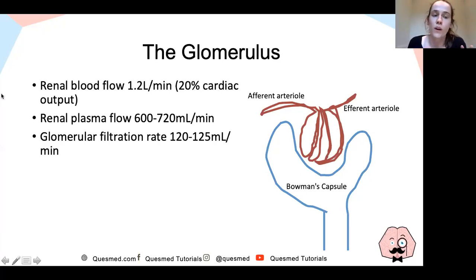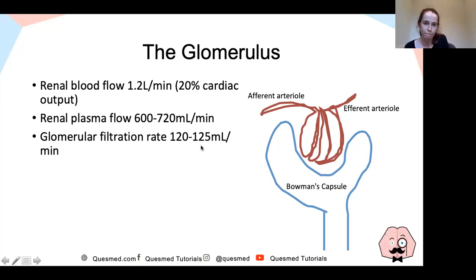Okay, so the kidneys get around 20% of our cardiac output, which is huge considering how tiny these structures are. We get about 1.2 litres per minute of blood going to the kidneys. So again, that's allowing really high pressures in order to allow this filtration. The renal plasma flow is about 600 to 720 mils per minute, and that's with a normal hematocrit of about 40%. And then the glomerular filtration rate, so what actually moves from here into the Bowman's capsule, is about 120 to